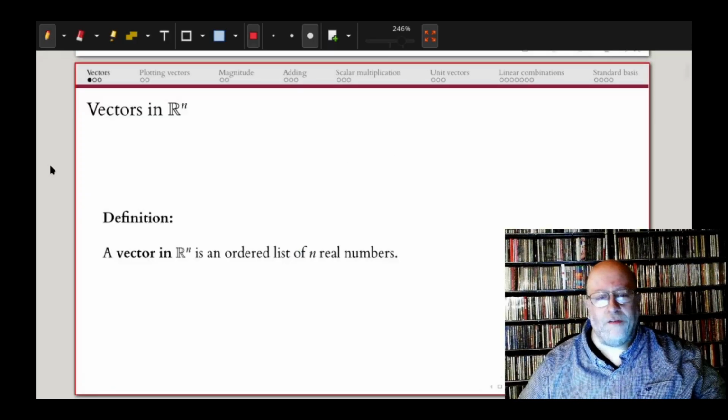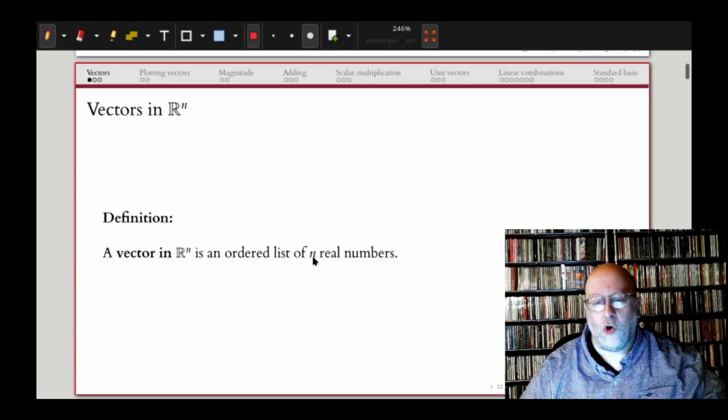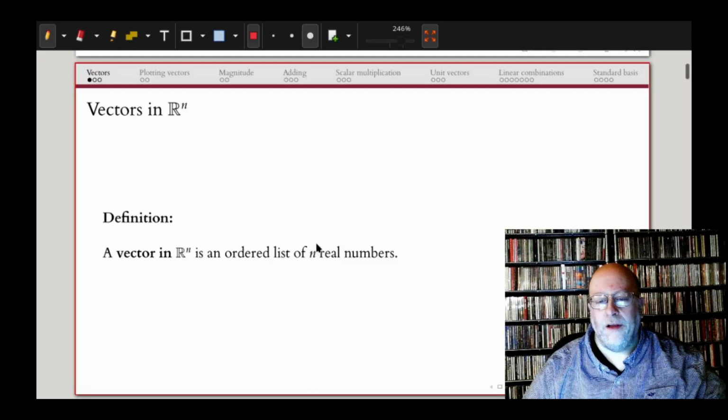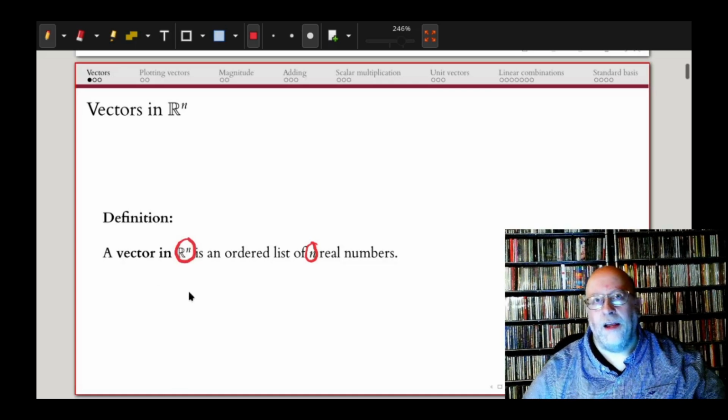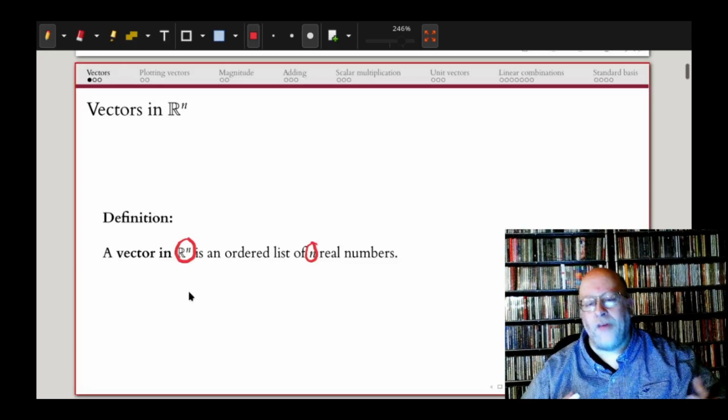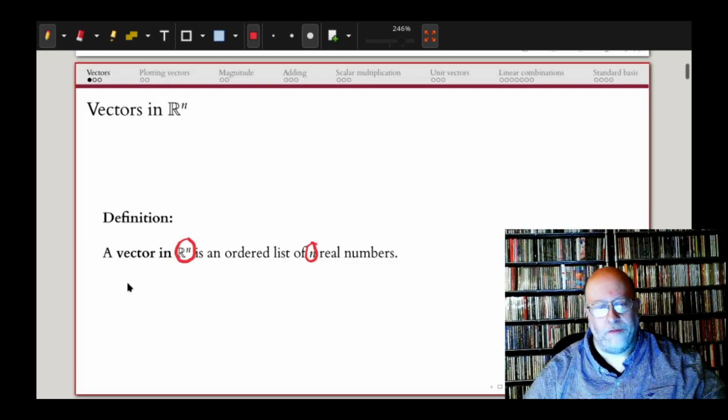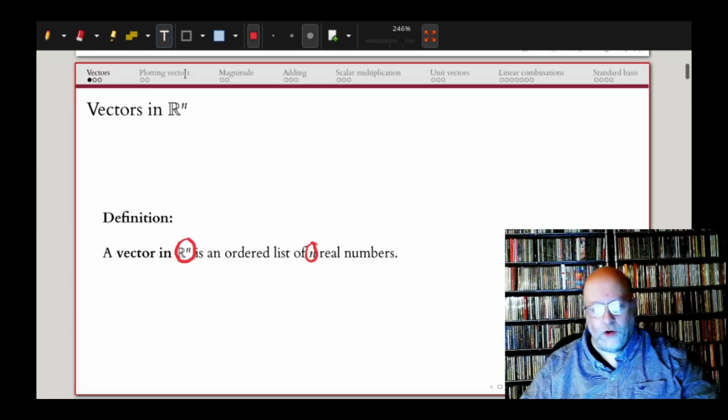So our definition is straightforward. A vector in Rn is simply an ordered list of n real numbers. The n that's in this part of the definition also shows up here. And what that means is that once I choose a value for n, it replaces n both times. So if I were to say, for example, a vector in R2,